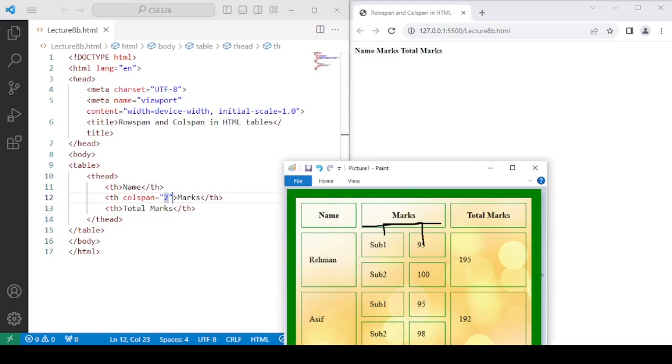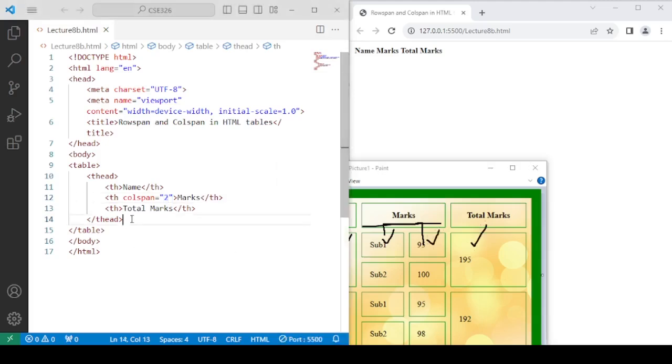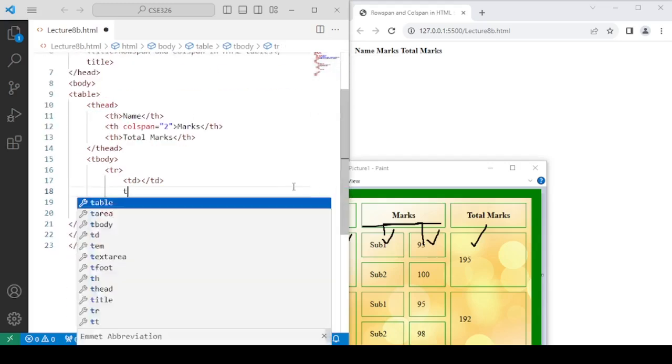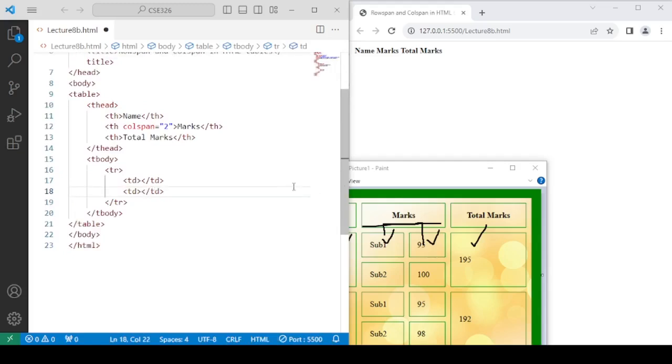Now we need to create the second row. In this second row, we will create the first column, second, third, and then fourth. So let's continue. Now we need to have the tbody, that is the table body. And we need to now create our first row within the table body. So within this TR, we need to have total 4 TD tags. Let's first of all insert all these TD tags. This is the first one, then we have the second one, this is the third one, and now we have the